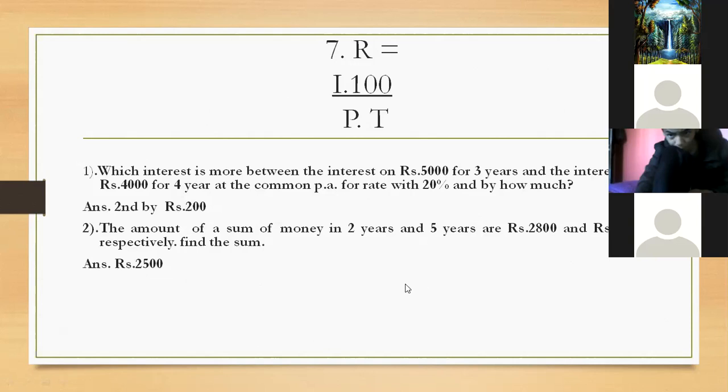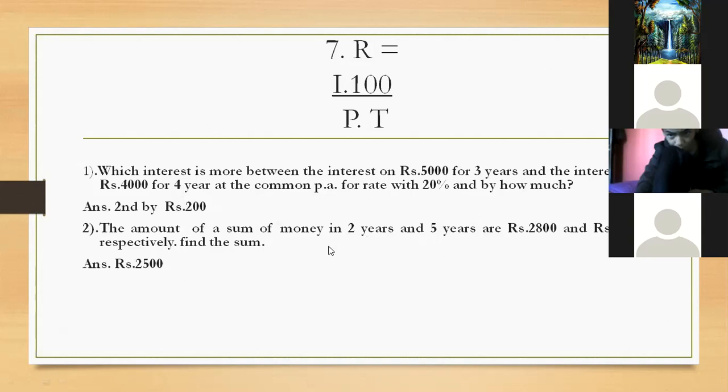Then both the values are the values of P. The principal is same for both the cases. Then if both are P value, principal value, then both equation 1 and equation 2 will be equal to each other. If they are equal to each other, let's equate them. After making them equal, you will get the value of R.